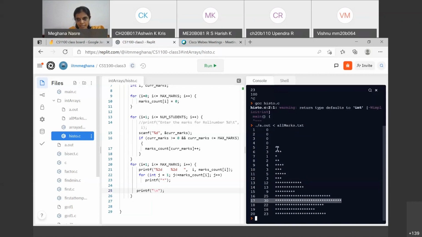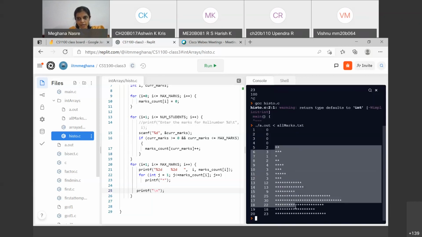And if you see these stars, and if you just imagine this, then it is in fact the histogram that you would have liked to see in this way. So we are almost there. Whatever Google Sheets or something will allow me to do and print out, this histogram, we have done it using our very simple C program and using arrays. I can also print the 0 value, but that is something that I have avoided, but that's okay.